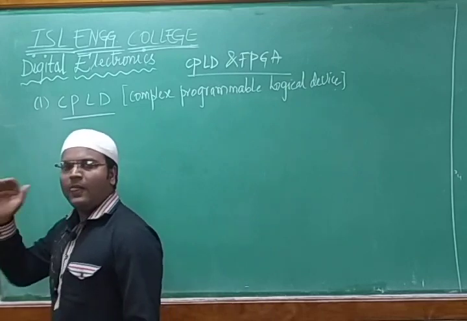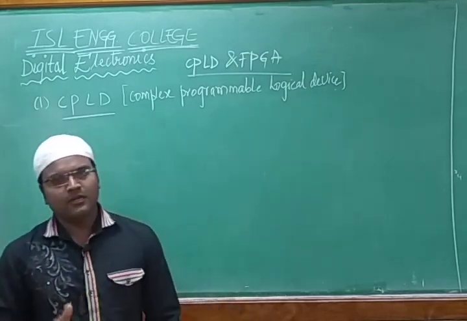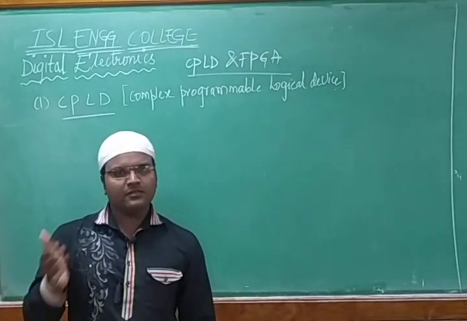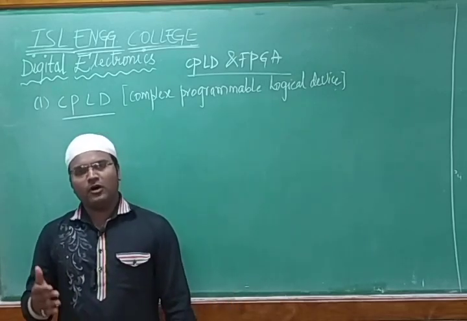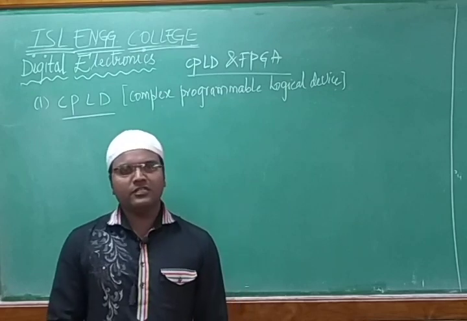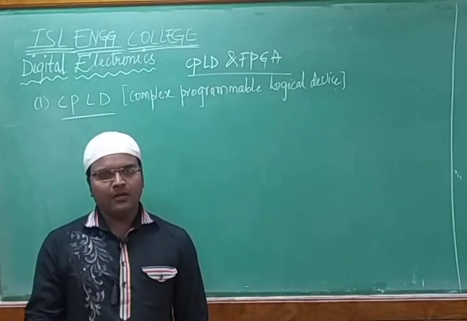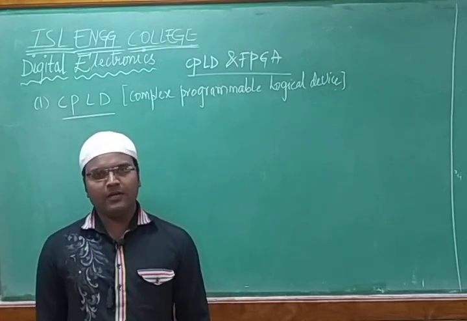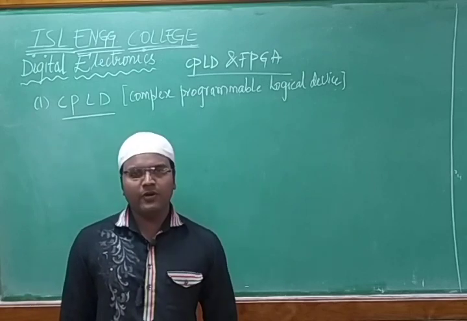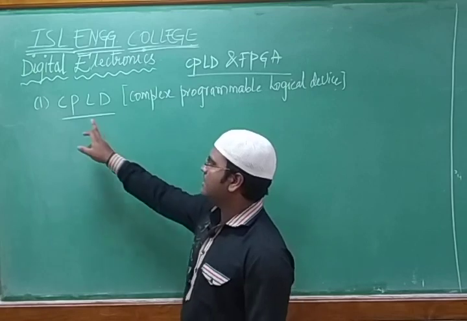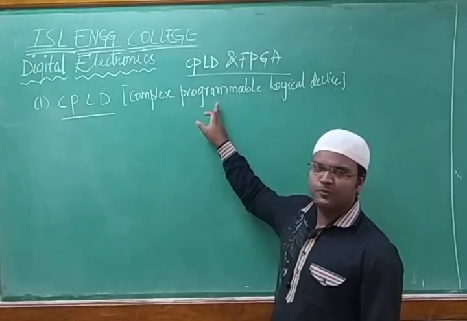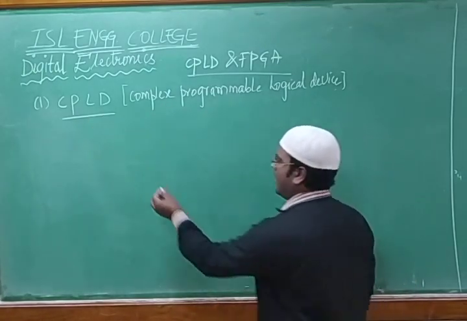Basically in any kind of programmable devices we must have input, then the processing, then the output, right? The conventional block diagram of any computer consists of three things. One would be the input part where we assign the input values. Next would be the processing unit, then we have the output. In the same way, when you want to design the CPLD, the complex programmable logical device, we will be having